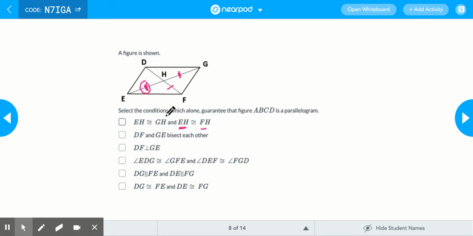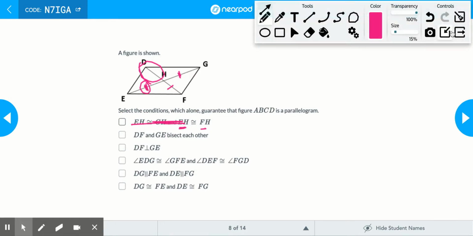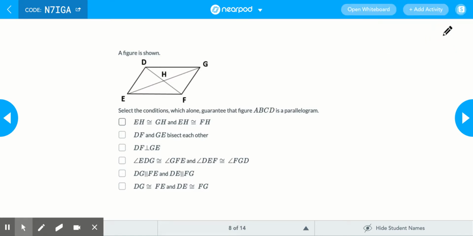And that's it. Not enough, right? Not enough information. We're not talking about the whole thing. We're missing this part. So we're not talking about diagonals. Therefore, that's not right. Okay, so that doesn't work out. I thought it was going to be diagonals bisect each other, but it's not. Next,